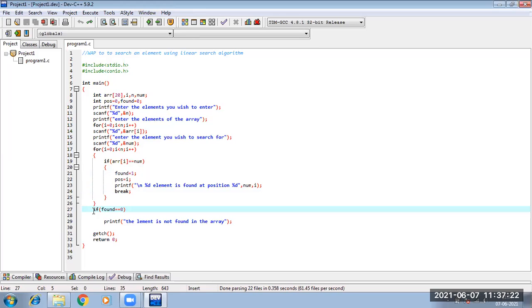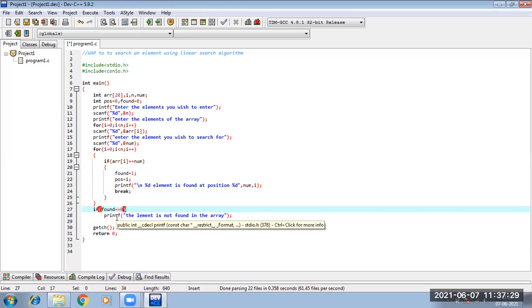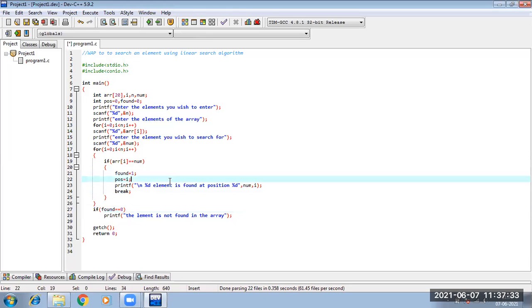There, I have given this line that if found equals 0, then print that your element is not found. But when I am finding the element in my array, this condition is not true, so this line also won't be printed.